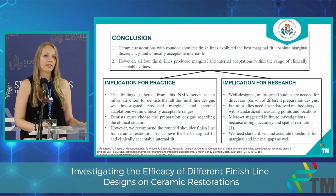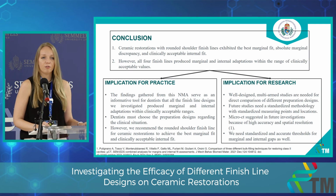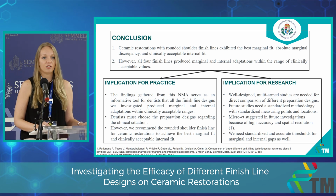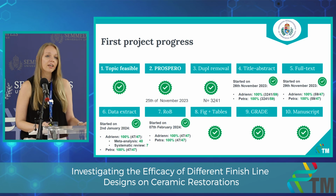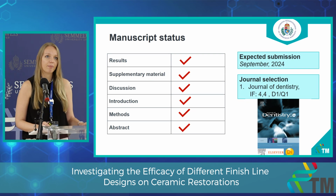Future studies need a standardized methodology with standardized measuring points and locations. And micro-CT is suggested for future investigations because of high accuracy and spatial resolution. And we need a standardized and accurate threshold for the marginal and internal gaps as well. So you can see my first project's progress. I finished my manuscript, and we would like to submit this paper this September to the Journal of Dentistry, which